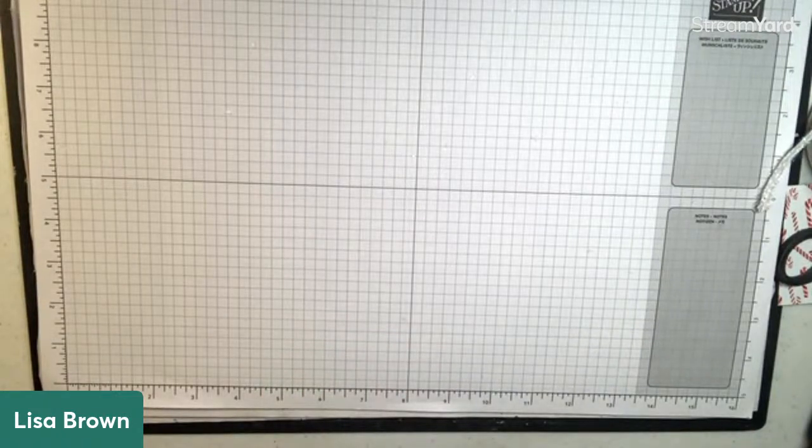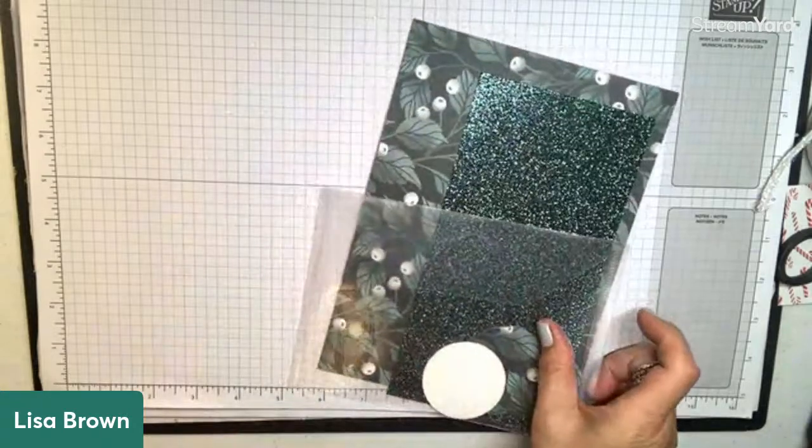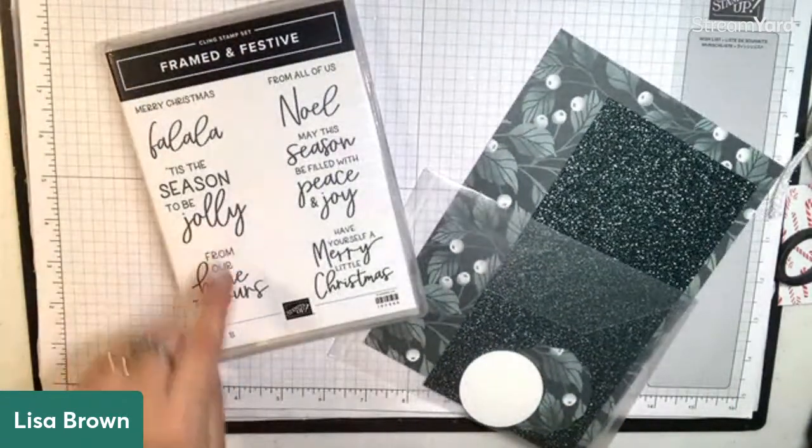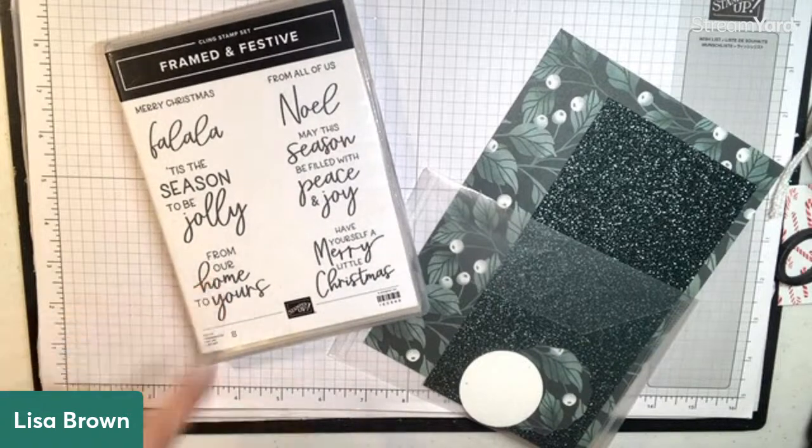Okay, not keep it too long. Okay, I'm going to get my paper. I'm using Framed and Festive, which won't be available after January 4th. It goes with that,